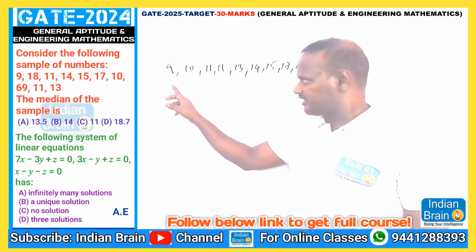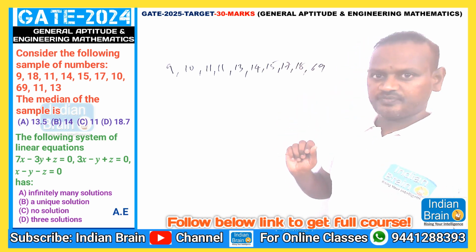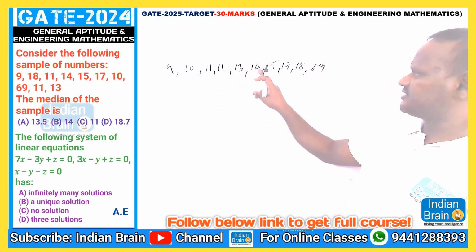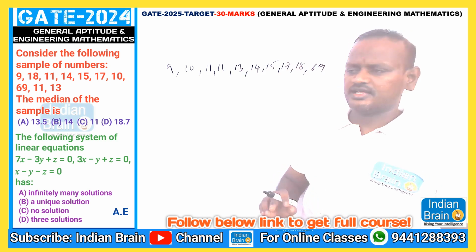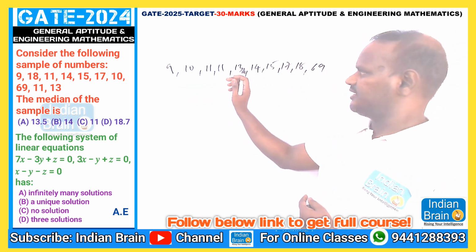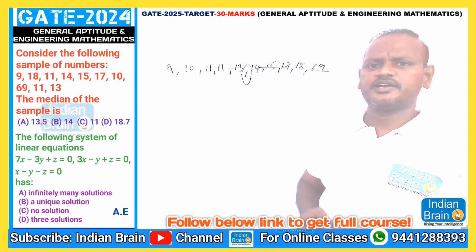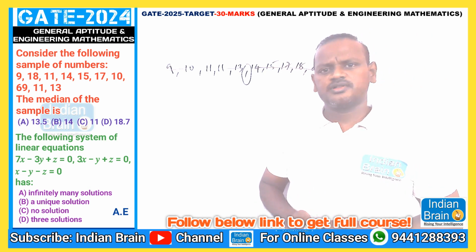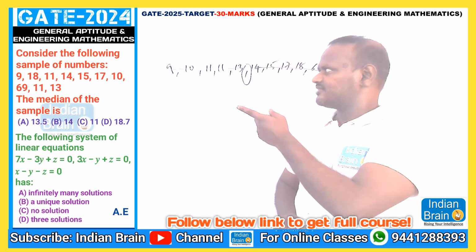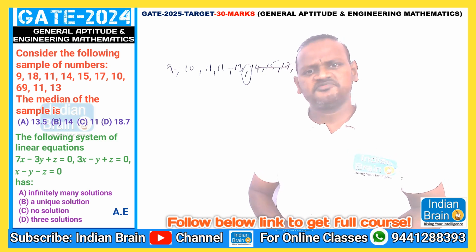Median means after writing the given numbers in ascending or descending order, we need to go for the middle number. If you observe clearly, here 10 terms are there, right? That's why I can cancel 5 terms on this side and 5 terms on that side. But I want only the mid value of 13 and 14. Unfortunately, we don't have a single middle value, so the median lies in between 13 and 14. In between 13 and 14, the best number is 13.5. That can be our answer.